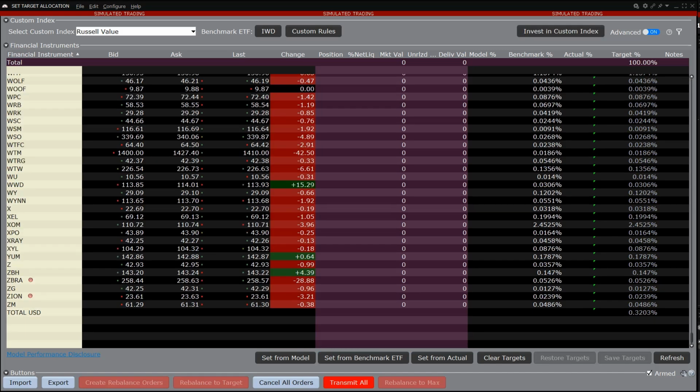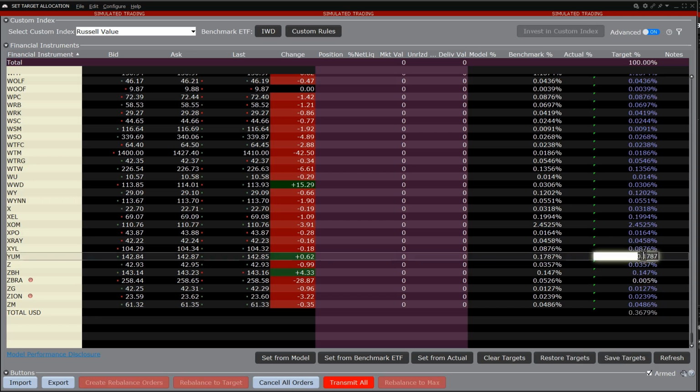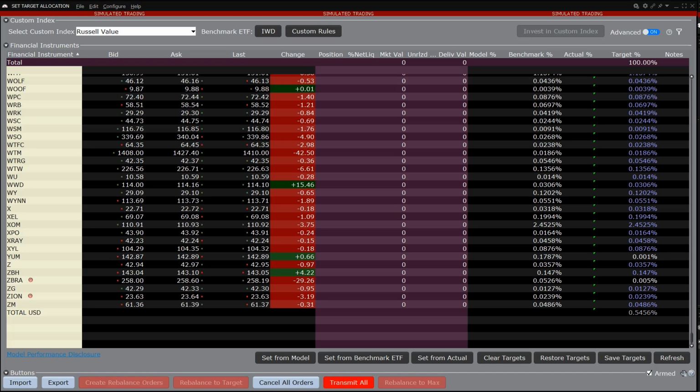The advisor can also adjust the weights manually by editing the values in the far right column. The cash component will adjust automatically as the weights are changed to keep the total target at 100%. The adjusted weights will display in white font. To save the adjusted weights, the advisor clicks on the Save Target button and the font will turn from white